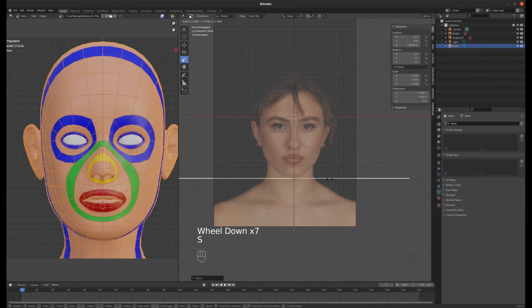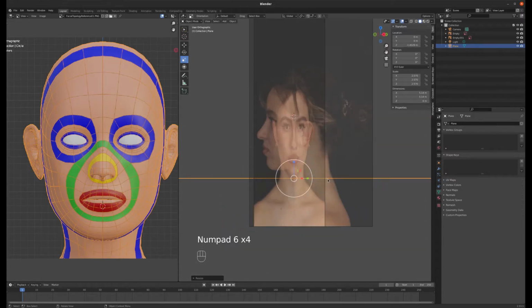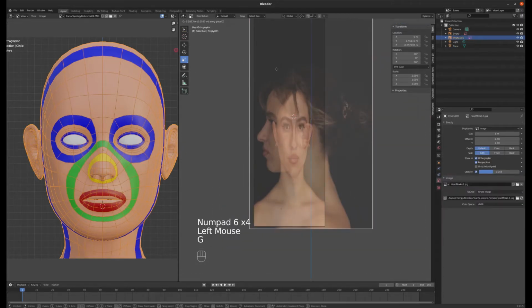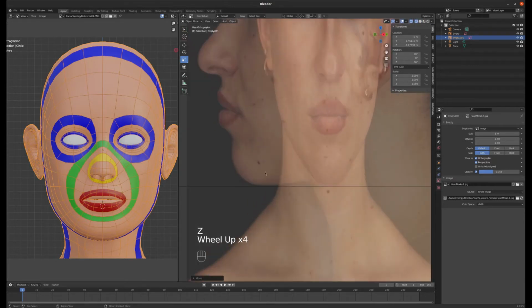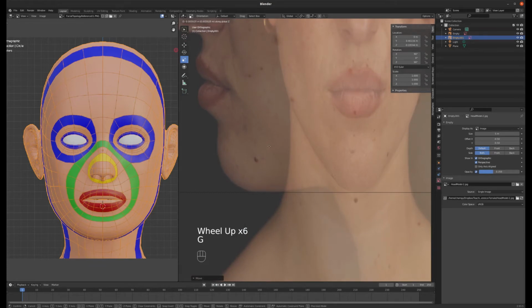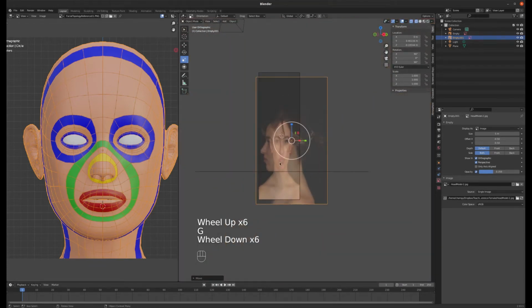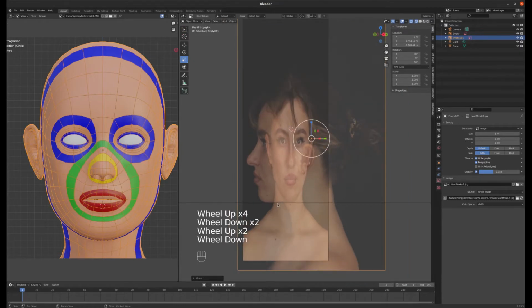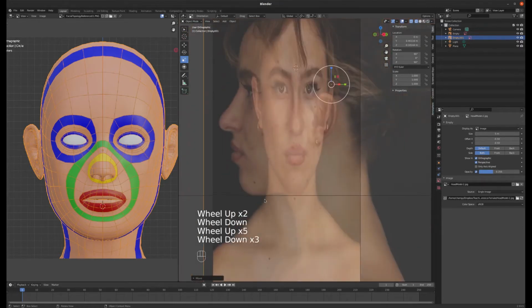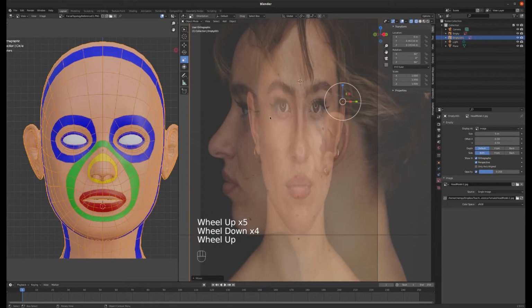And then I'm going to use the 6 key on my number pad to move around here so that I can select. I'll go into wireframe view so I can actually see the chin, or see the plane still. Okay, so the chin's pretty well lined up, pretty close. Now the eyes I can see are not quite lined up, so what I'm going to do here